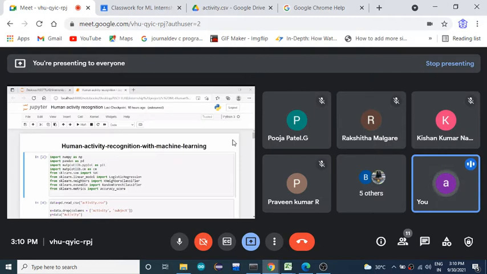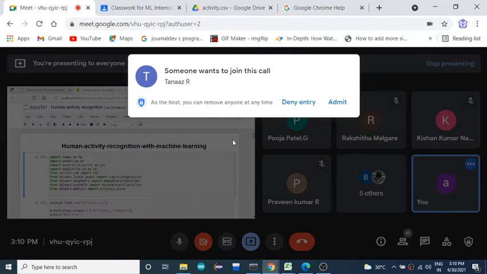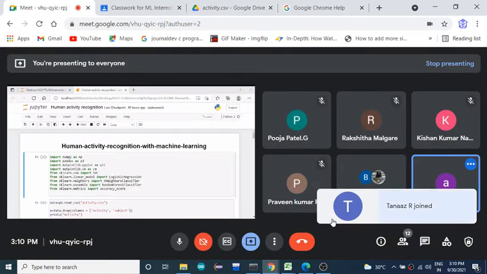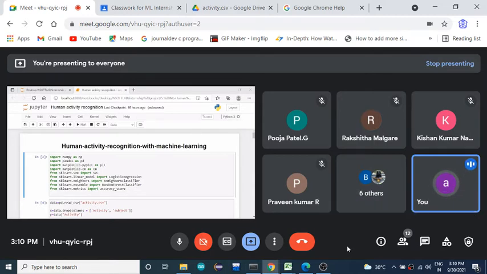Okay, so once you open, navigate to the location folder where you have saved. That means in the desktop itself, select desktop, and in that select human activity. So click on that human activity folder, and then you will see a window which contains the file activity.csv. In that, go to new, select Python 3, open a new notebook there. Okay, so in that notebook you need to execute your program.